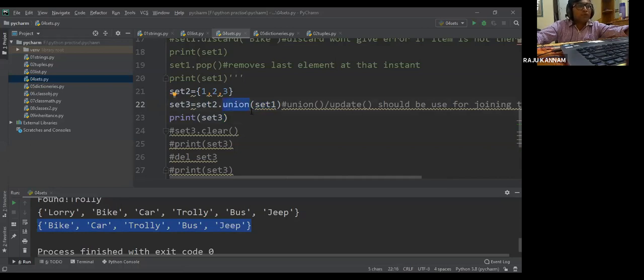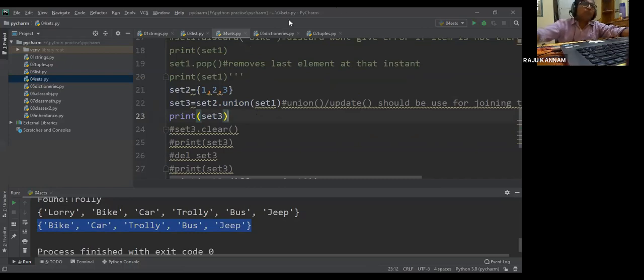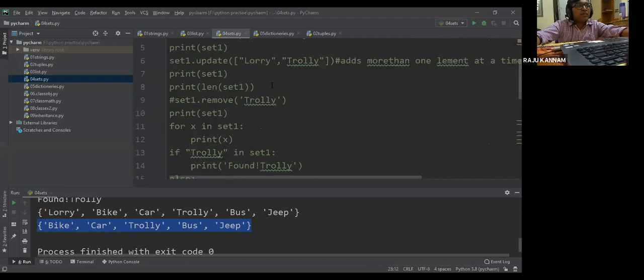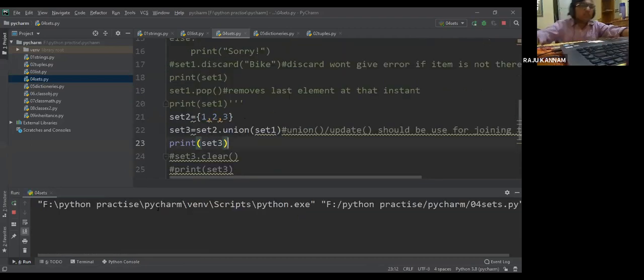Okay, union function. Of course, you can use the update function also. The update function also will remove the duplicates, and we will see that also. Now here I am generating the new set called set 3 by combining set 2 and set 1 using the union function. In set 1 we have bike, car, bus. Set 2 we have 1 2 3. Now if I execute this,